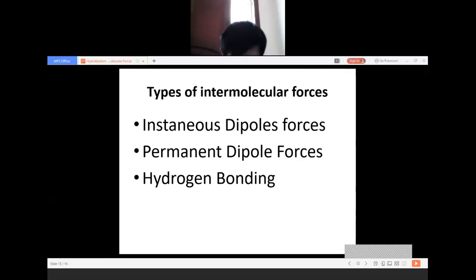And then how about if we compare between oxygen and fluorine? Which one is more electronegative? Of course, it is fluorine. How come fluorine? Because we learn in the periodic table that across the period from left to right, the electronegativity increases. Okay, and then how about if we compare between nitrogen and oxygen, which one is more electronegative? We have to see the number of